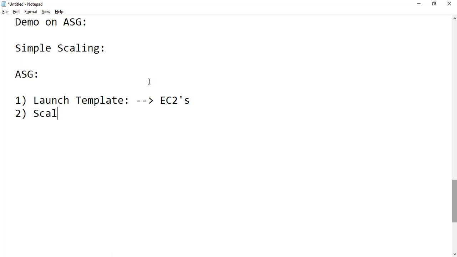Second thing we are going to do is set up some scaling policies, right? If I want to increase or decrease an EC2, it depends on the logs. So how will I come to know whether my EC2 has to be increased or decreased? How would I know that my CPU utilization has gone high or low, right? For that we use CloudWatch. CloudWatch will help us understand the current status of that particular EC2 machine. So we'll have to set up one very important thing here while launching our template, which is detailed monitoring.